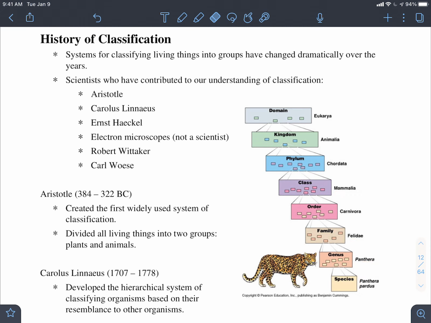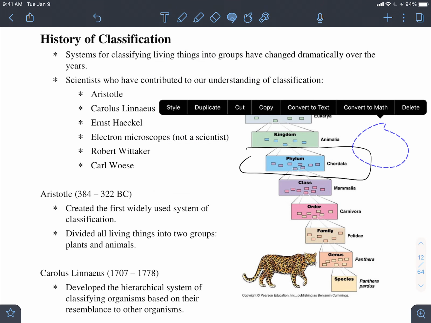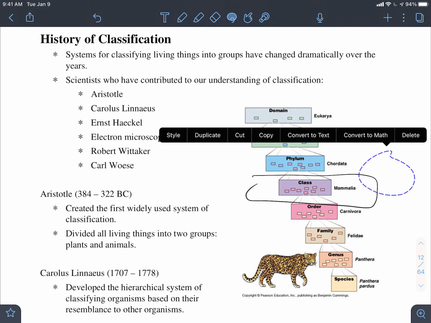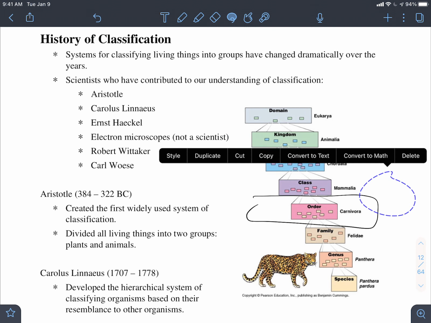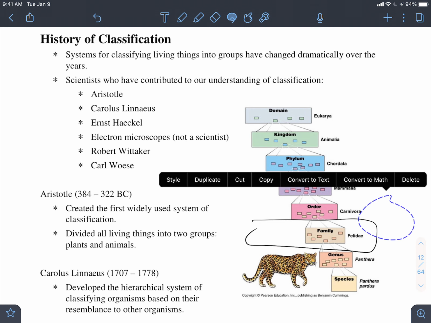So here in the domain category, we would have any organism that has eukaryotic cells. In the Animalia kingdom, we would have any organism that has animal-like characteristics. In the chordates, we would have anything with a backbone. In the mammalians, anything with a heart, with warm blood. Anything that eats meat mostly. Anything with cat-like meat-eating tendencies. So these Felidae, they must be hunters who are warm-blooded, who have a spine, who are animals who also have eukaryotic cells.